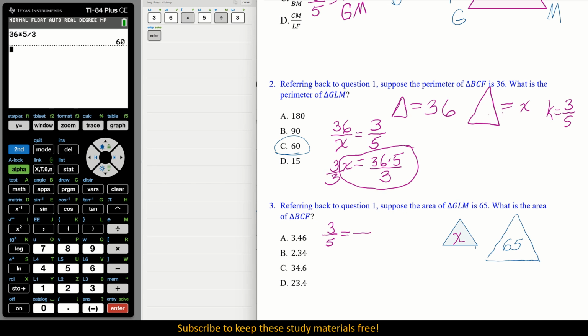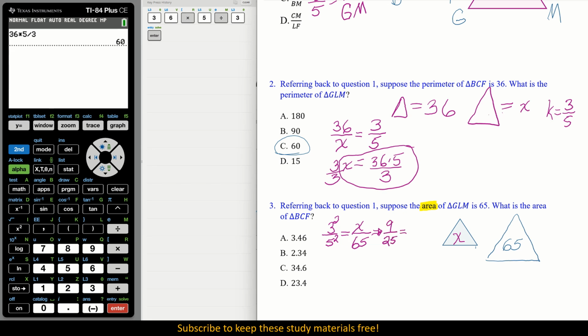3/5 equal to, okay, our larger area is the 65. So it is associated with the 5. Now, we've forgotten something. Remember, we're dealing with area, and that implies that we must square our K. So if you remember our table, we have to square each of them. So this entire situation will be